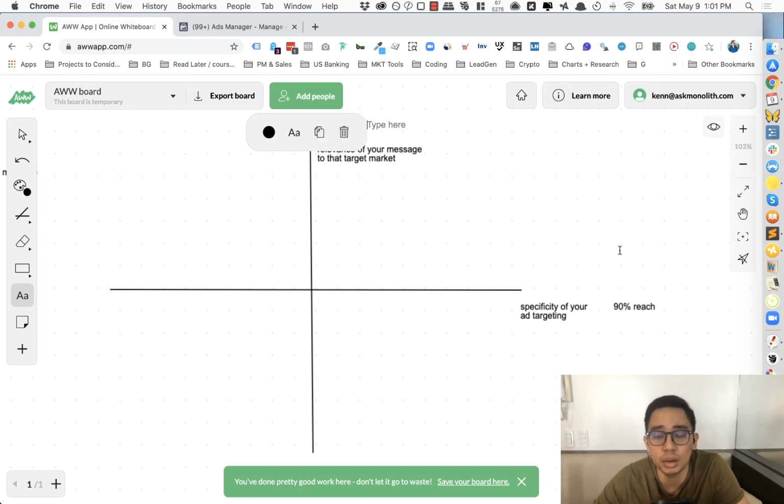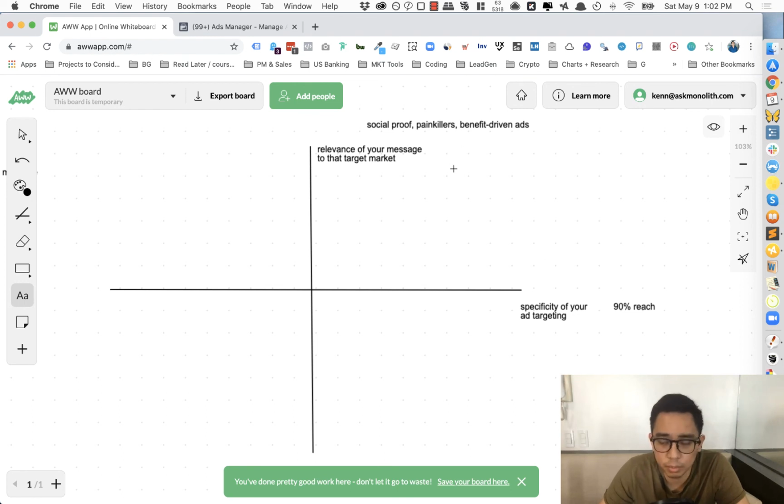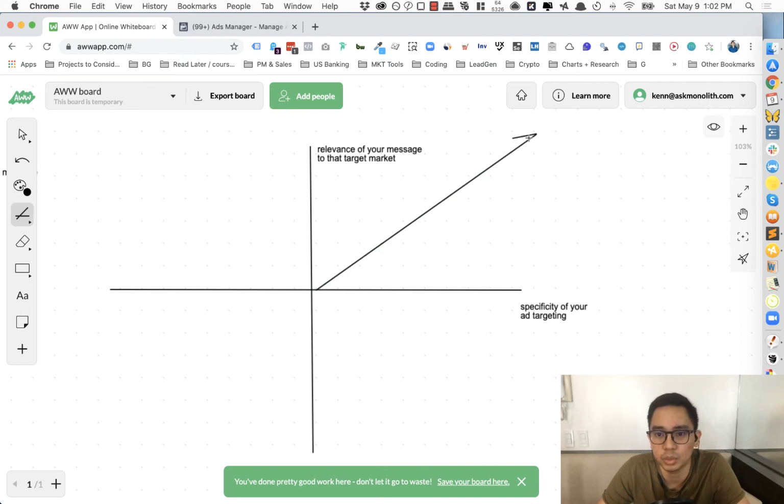And the extra point here is that you want to hit on particular copywriting principles such as social proof, painkillers, benefit-driven ads, etc. Those are just some quick tips on how you can maximize both. Now there's an extra bonus, which I can share with you as well. I would say that there is a z-axis here as well, and that z-axis is the uniqueness